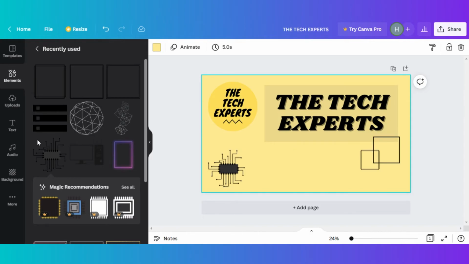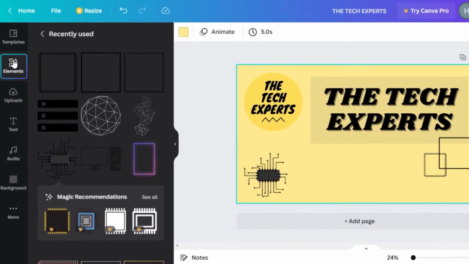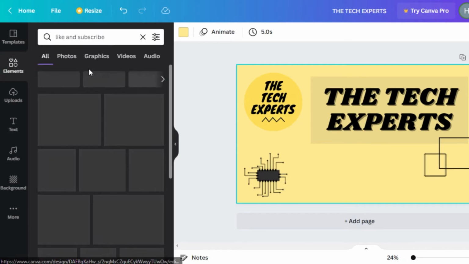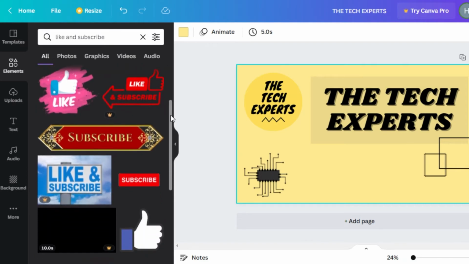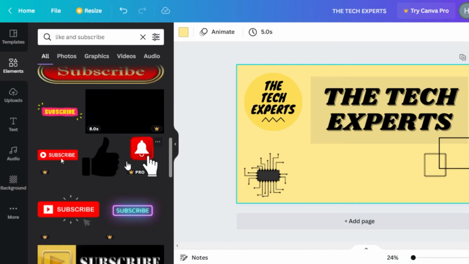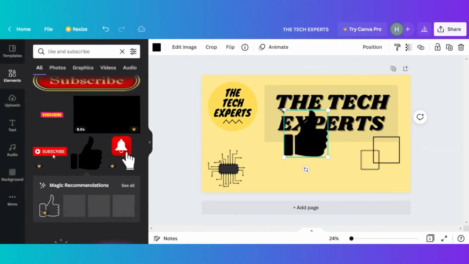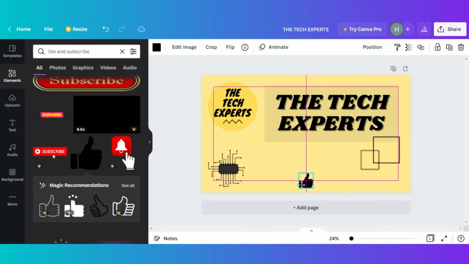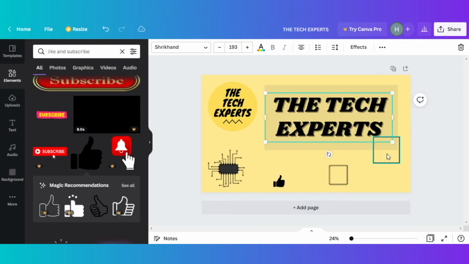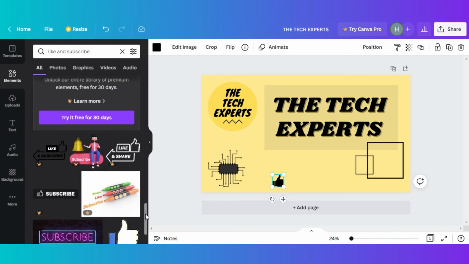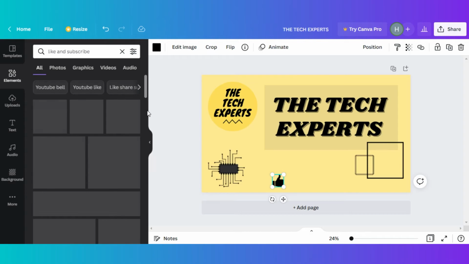I will simply go to elements again, and this time I will search for like and subscribe. Once you do that, you will get all of these different buttons to add to your YouTube banner. So I'm going to select this black themed like button, and I will simply place it here. And for subscribe, I'm also going to find a black themed subscribe button right here, but if I cannot find it,